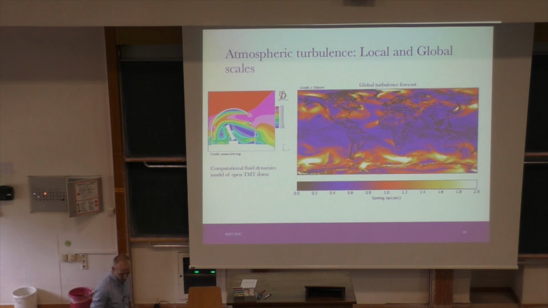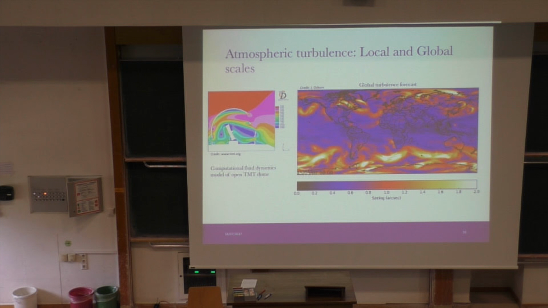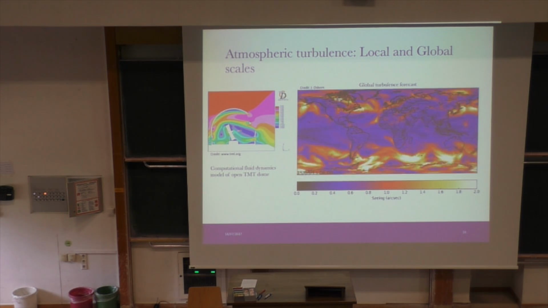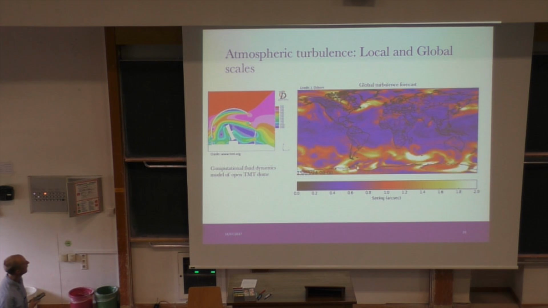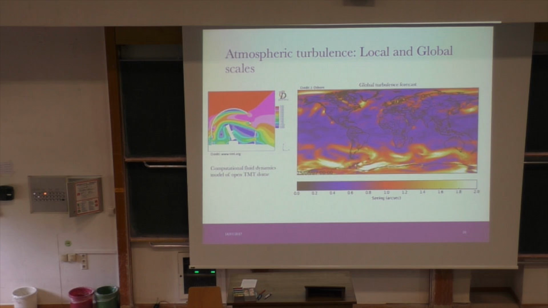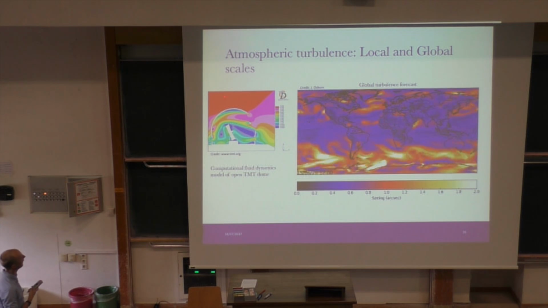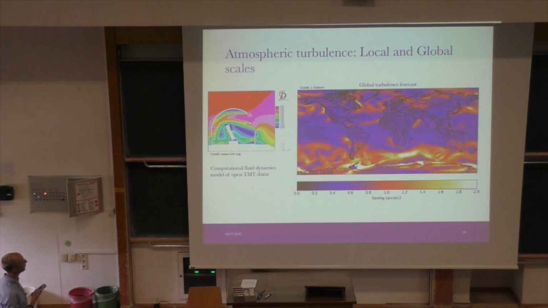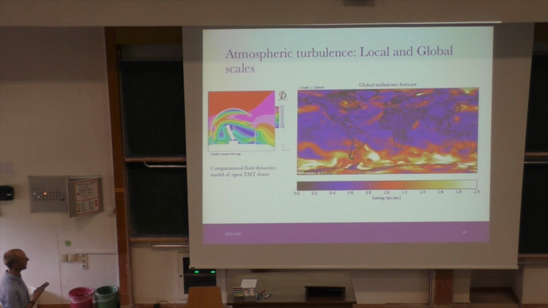So what do these look like? Well, the atmospheric turbulence happens on local and global scales. Here's a CFD model of the TMT, actually, where the colouring indicates the temperature of the air. So we see this really complicated structure within the turbulence zone. Outside the telescope dome, it's less complicated, but trying to measure what's going on in here